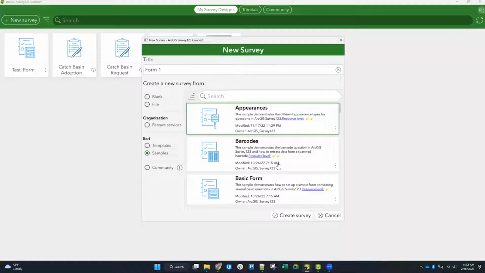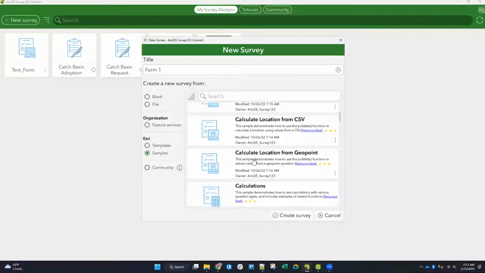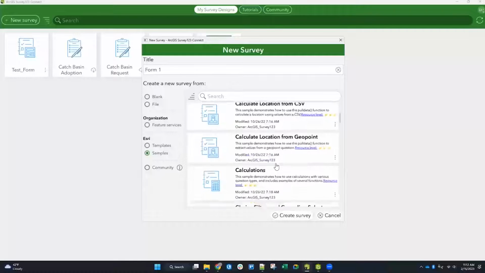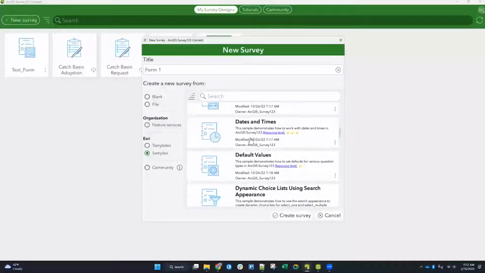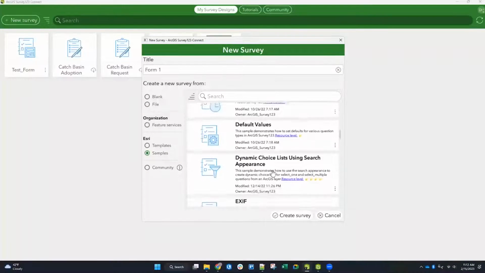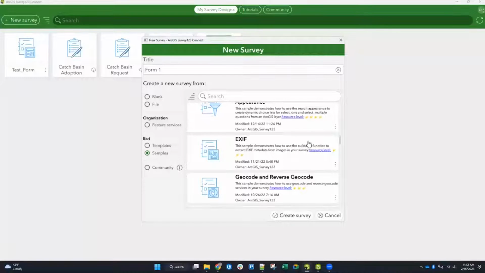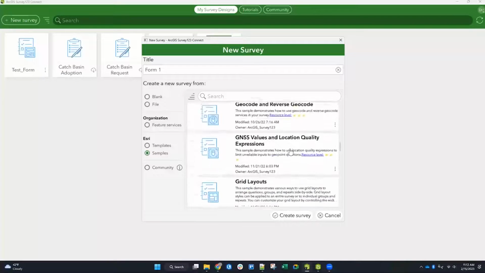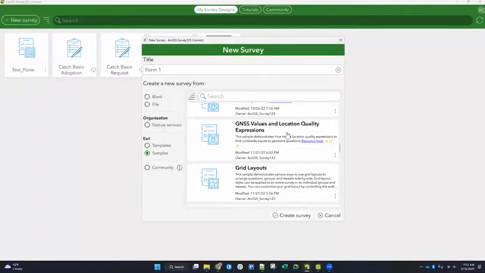Show me something that works so I can figure out what I need to configure in my XLS form in the background. So if you wanted to use something that calculates location from a geopoint, or how do I format date and times, default values, all of that is in here. So Esri has provided default surveys that you can open and start using right away to see how some of this